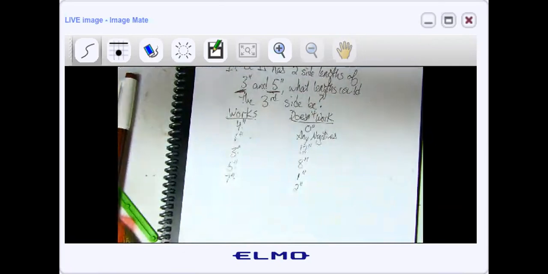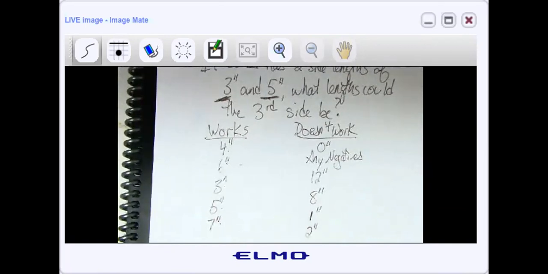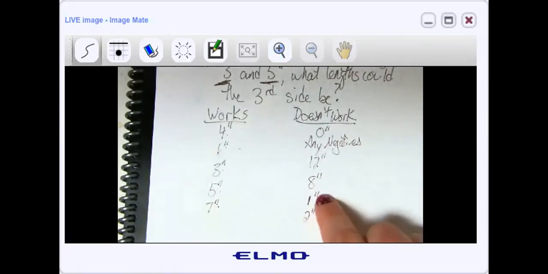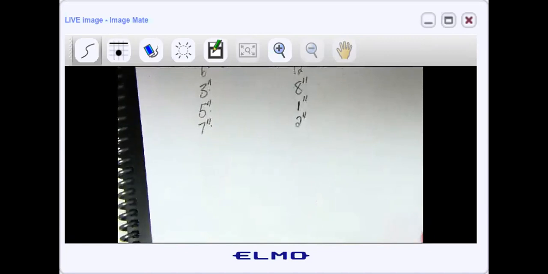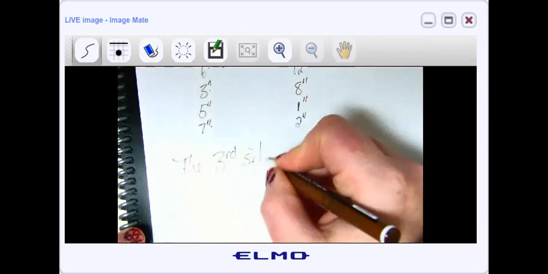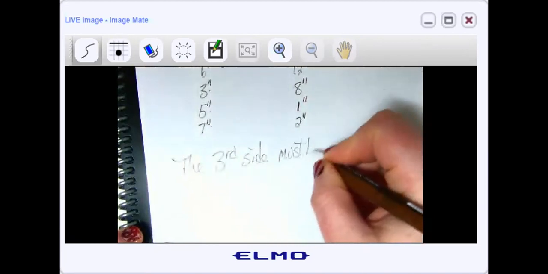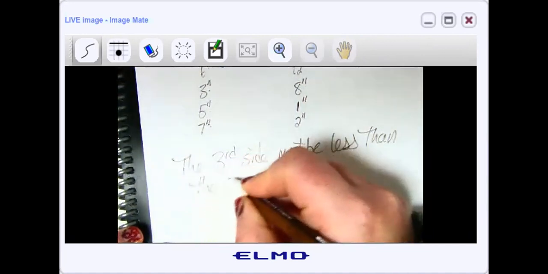Basically, if I add my 2 sides together, 3 and 5, I get 8. I can't have 8, but I can have less than that. Right? So that's half the battle. But then I have to be careful because I can't go too small, right? I went too small and then I got 1 and 2 here. So let's jot down what we know already. The third side must be less than the sum